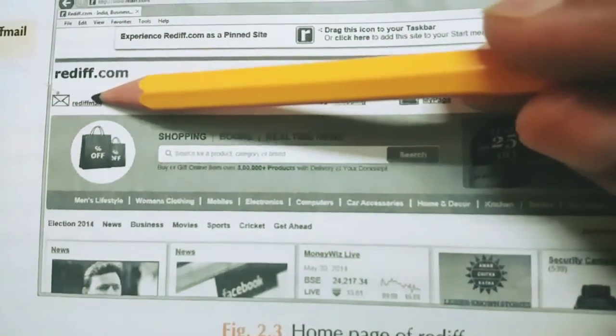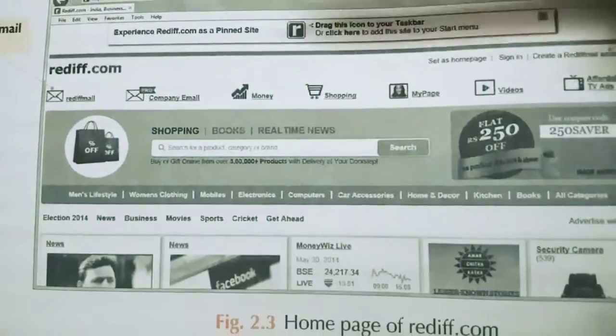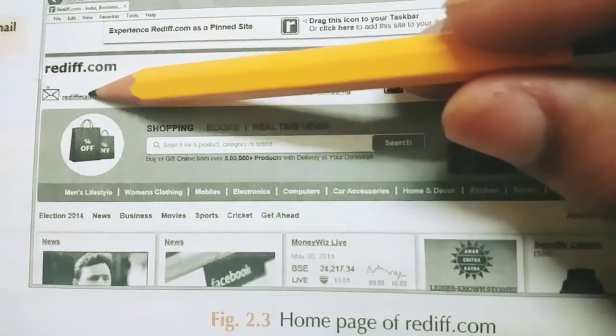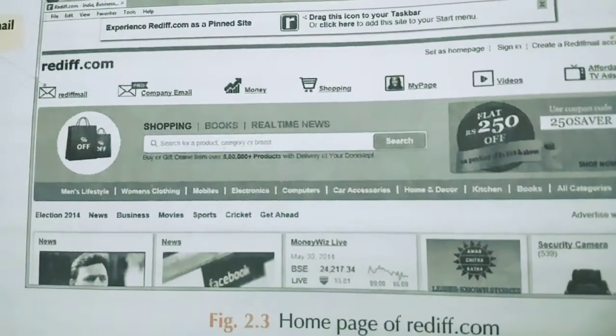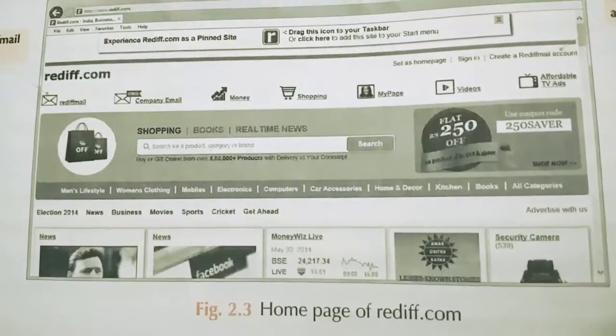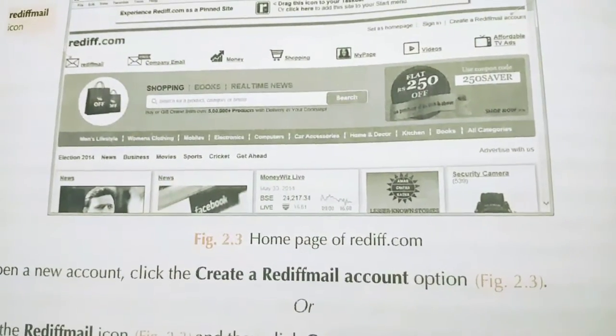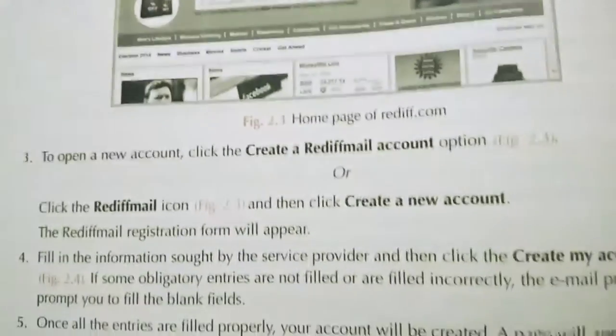See, here the icon is made, Rediff mail. You can click here, then it will go to the create email page, or the other option is what? Click the Rediff mail account option. Okay, then you can create the Rediff mail account.